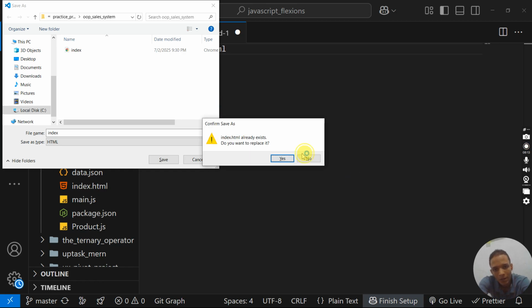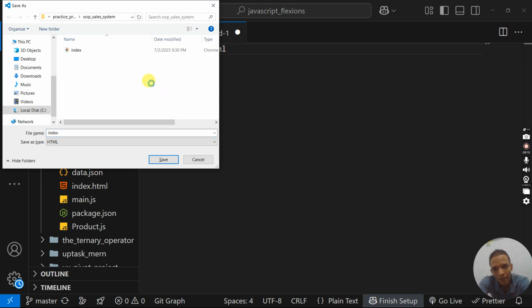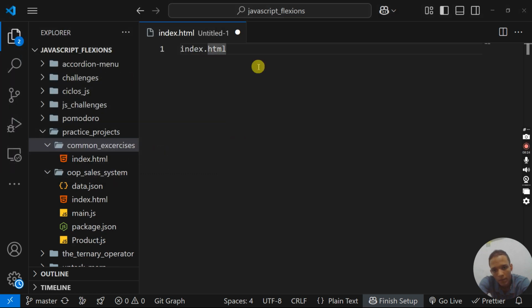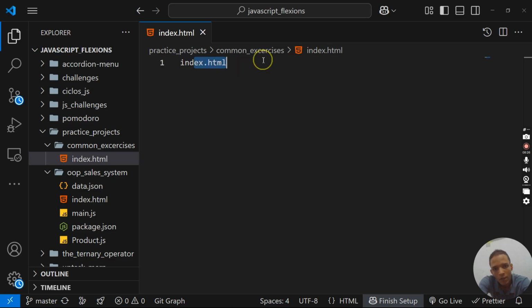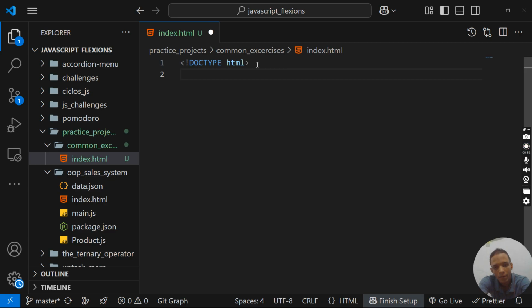See, no, it is not in this folder. It is why I say this. It is in this one. Here is not located that. Okay. Now we can just write down the doctype, then the, for example,